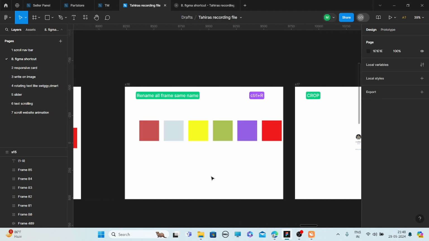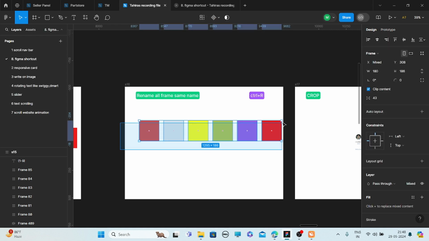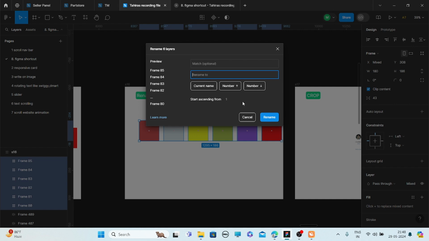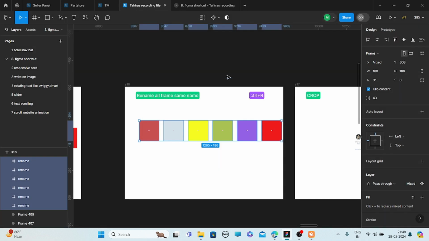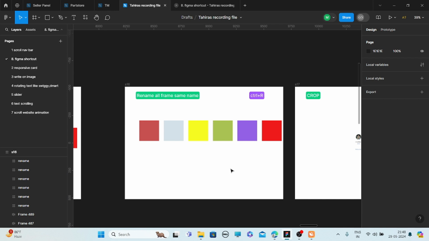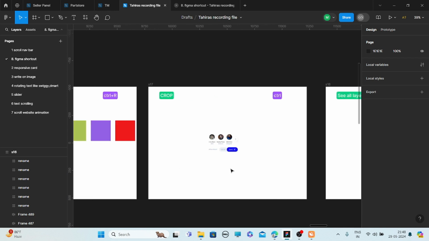And now if you want to rename all the frames with the same name, simply select all and press Ctrl R and give whatever name, I'm just giving a rename. This is very useful while arranging the files.